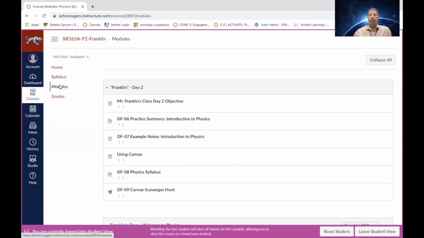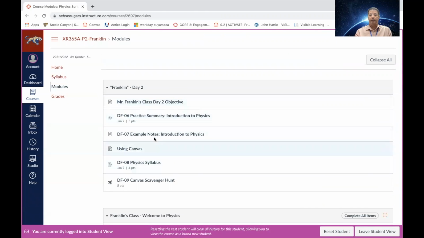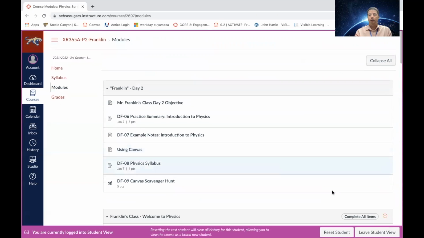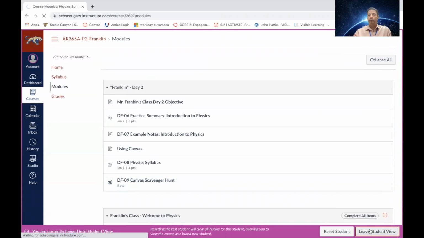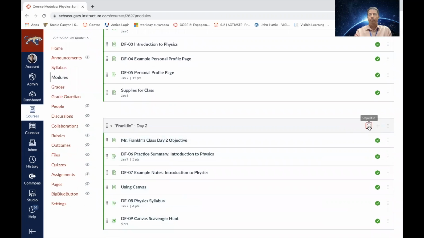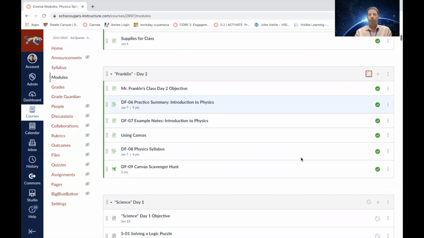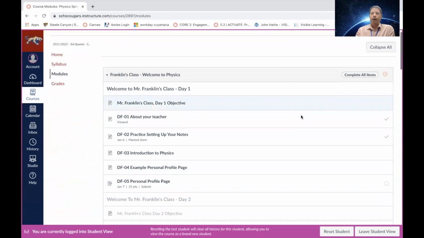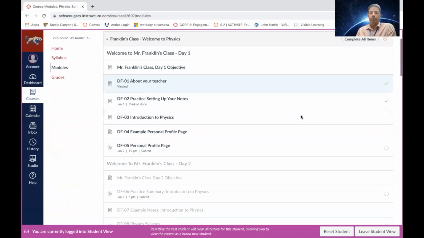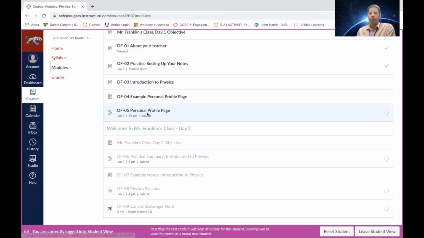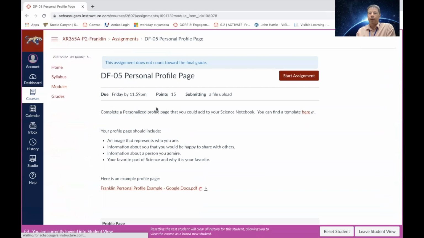I can go back to the module and I can actually access any of day 2 stuff in day 2, but I'm going to leave student view for a moment. And I'm actually going to unpublish day 2 and go back to student view. And now all you will see at the top is the current module. To access today's stuff, you need to start here, my personal profile page, and